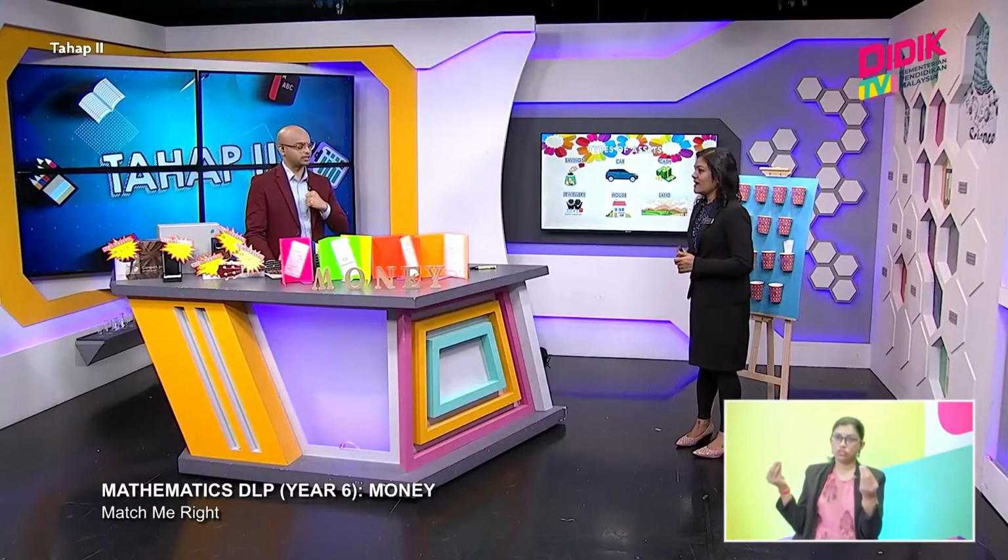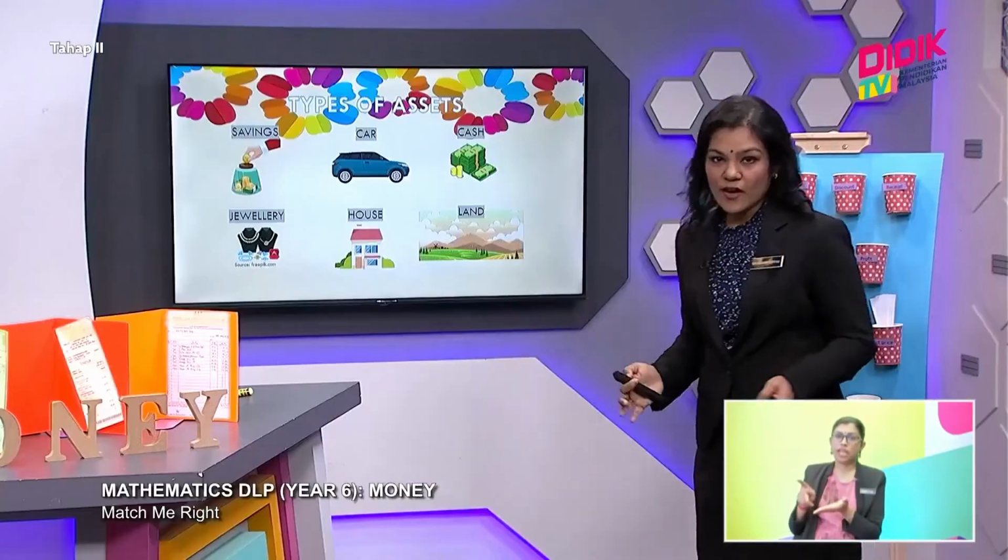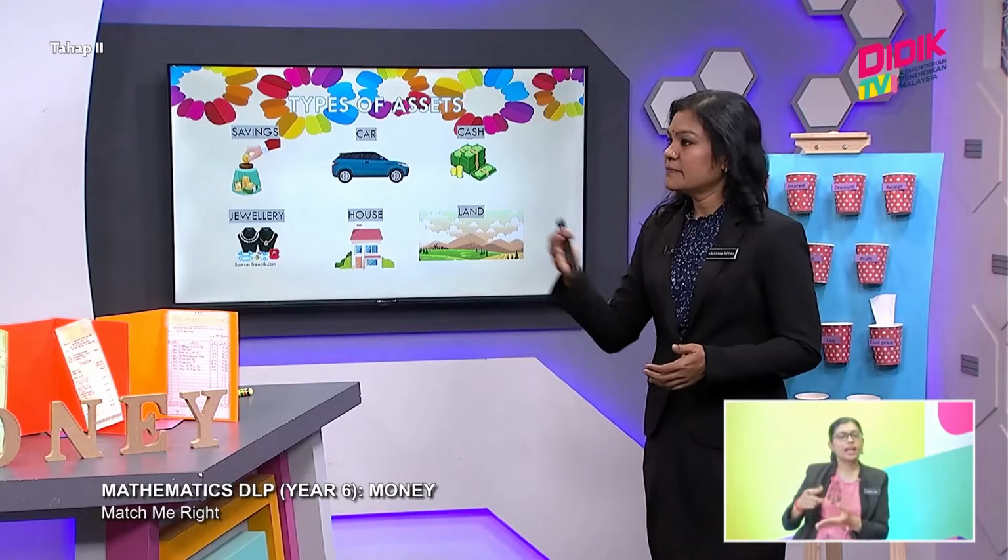If you're still paying the installment to the bank, that means the car is still under the bank, right? So it's not yet an asset. An asset is only something that belongs to us. That means if you have fully paid for your car installment or your house, then it becomes your asset.